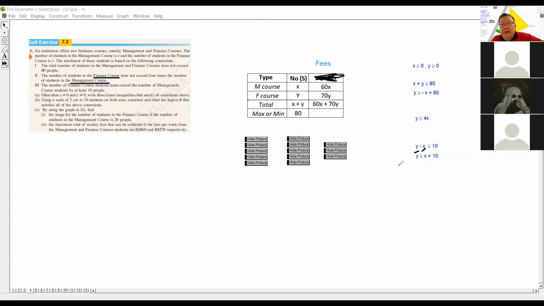Okay. So again, I make it in the form y equals to mx plus c. I make y the subject of the formula. This is because later on it will help me to draw the line. Okay. Any questions so far? No, teacher. Okay, then we move on to the next page. Now all these inequalities, I copy and paste it on